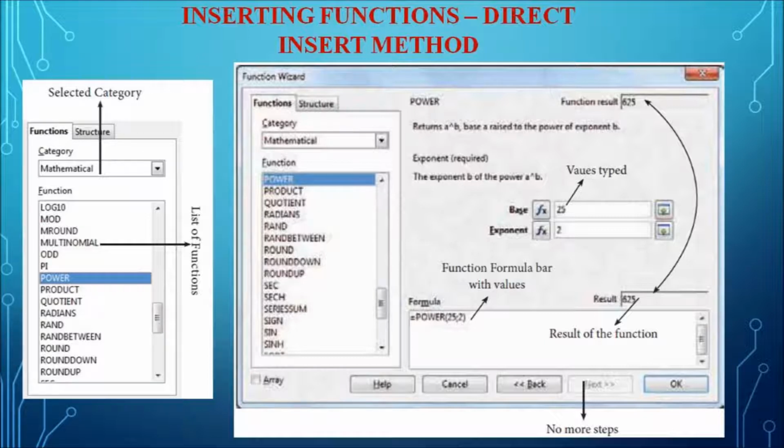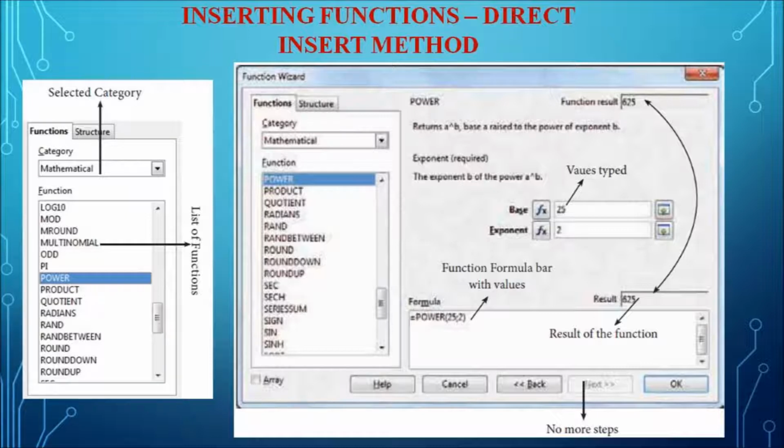A function will begin with the equal to symbol. We have already seen the steps for constructing a formula, in which the formula must begin with the equal to symbol. So here the equal to symbol is used, and then the function name, and within the brackets you see the value 1, range 1, range 2, range 3, and it goes on till range n. So this is the syntax. For example, it can be range 1 or it can be cell 1, like that.